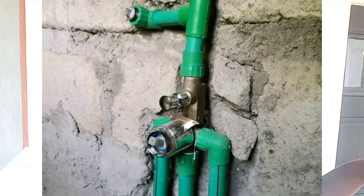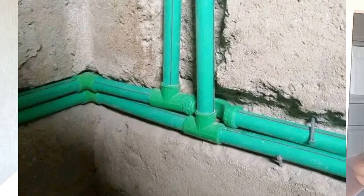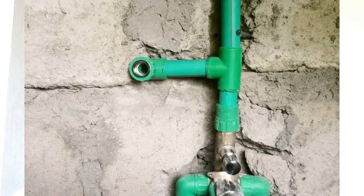The second thing, ensure you do plumbing. Plumbing, installing water points and everything, because the plaster needs to cover those pipes. So ensure you do plumbing also. Your plumber needs to come and install pipes where necessary, where you feel you will need water, that is the sink, bathrooms, and each part. So after piping,